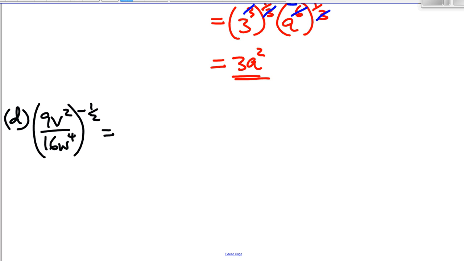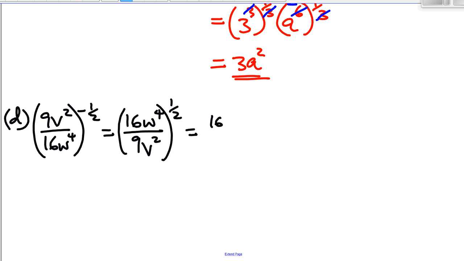So we flip this fraction inside the bracket, so 16w to the power 4 over 9b squared, everything to the power a half. That will give us, okay, it's everything to the power half, so 16 to the power a half, w to the power 4 to the power a half